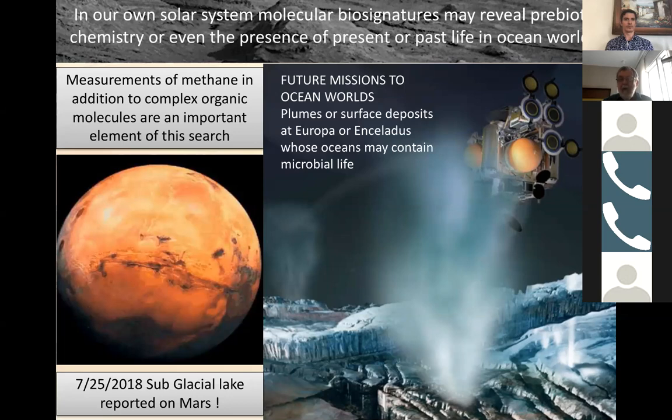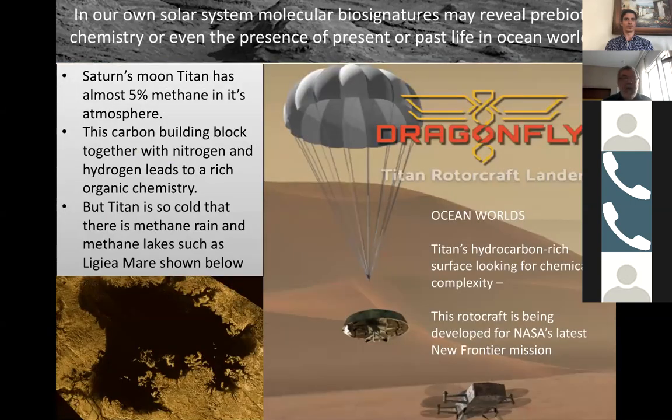In our own ocean, we find essentially hot spots or plumes where life may develop and where methane is coming out. So these are good places as well to look for life, and measurements of methane will tie to that story. And I'm going to get back to Mars soon, but big objects in the solar system, for example,